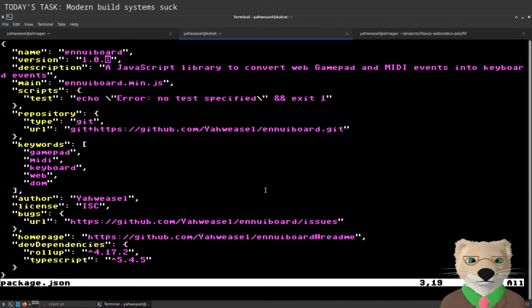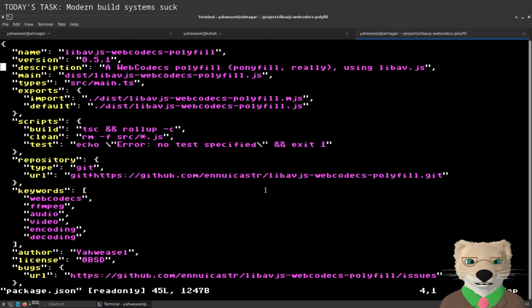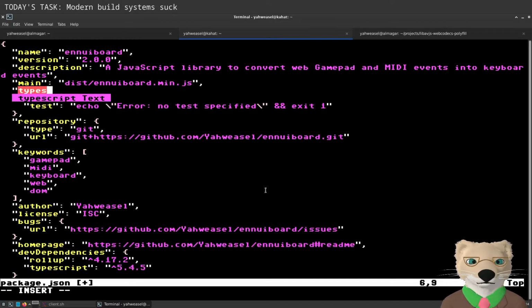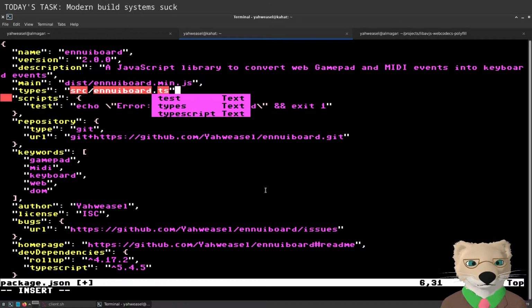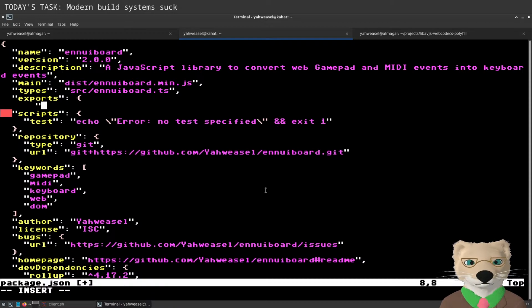Ahead of making any bad decisions, since this is going to be completely non-backwards compatible, going straight from 1.0.0 to 2.0.0. That should be fine. But, looking at this for reference, type source on Wiiboard.ts, exports.